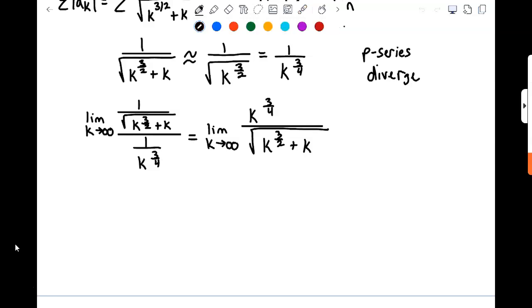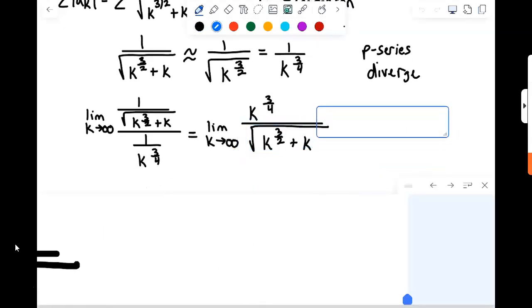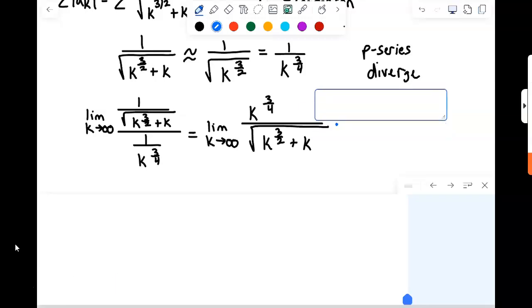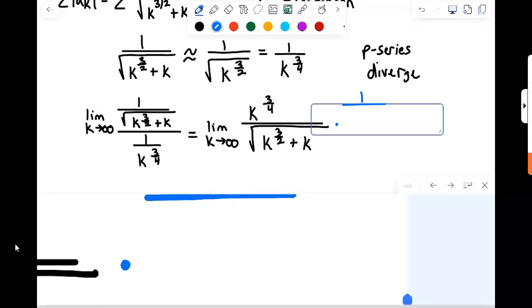So instead, with that history, I'm going to get inside the square root there. I'm going to do that by multiplying both top and bottom by 1 over the square root of